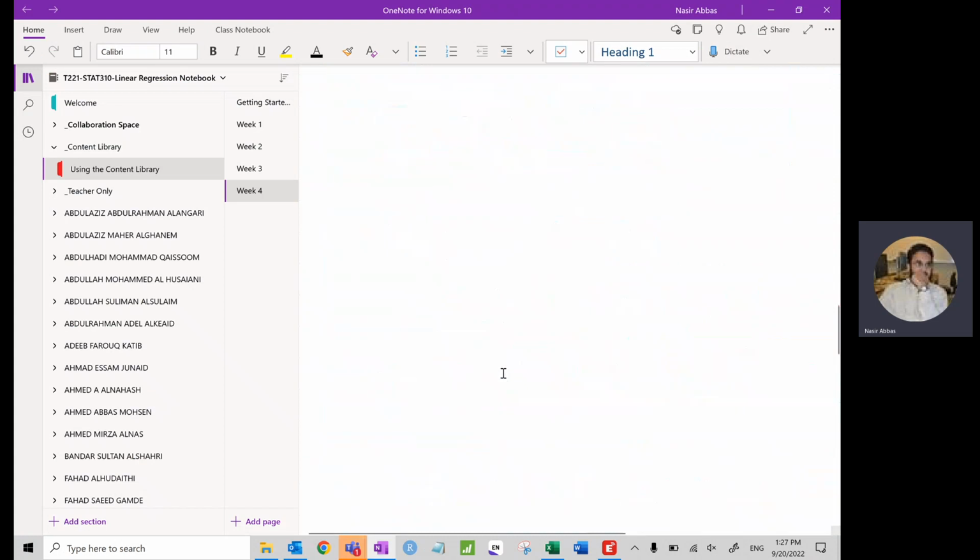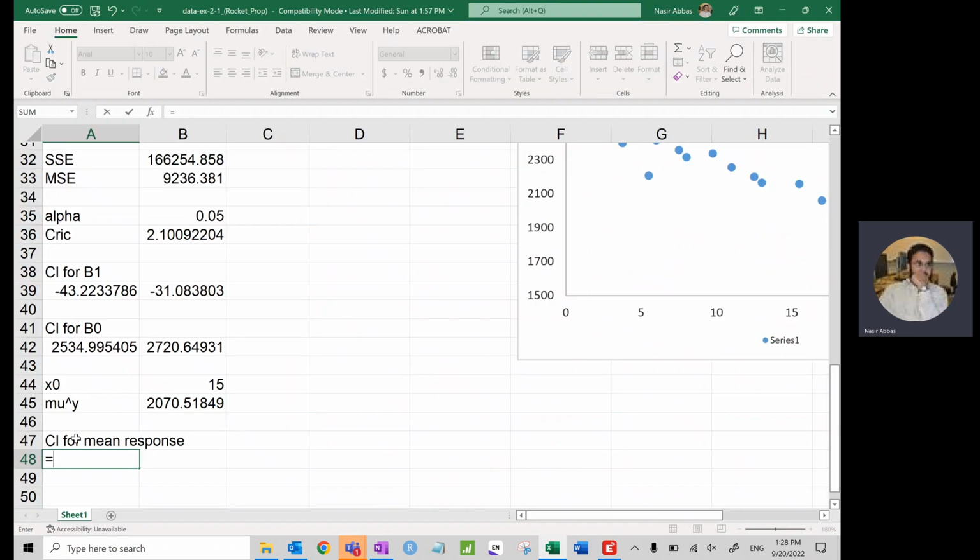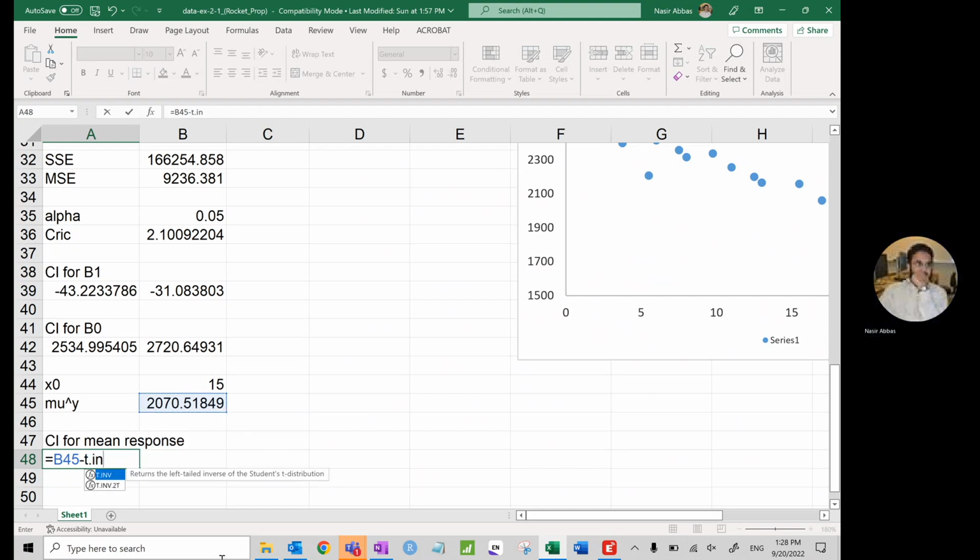what do we need to do? We need to follow this formula. The point estimate plus minus the critical value times MSE into 1 over n plus this. So I'll write this formula now. For the lower limit, I will write the point estimate 2070 point something minus for the critical value T dot